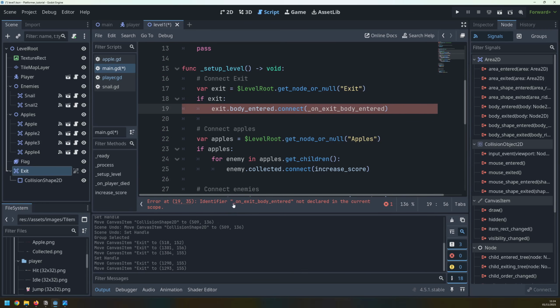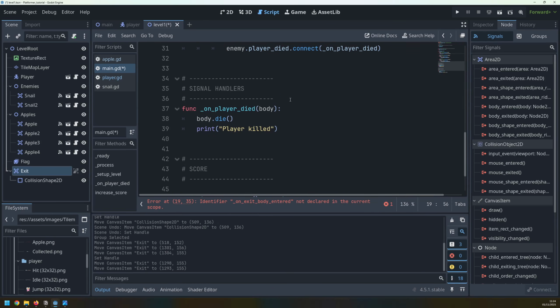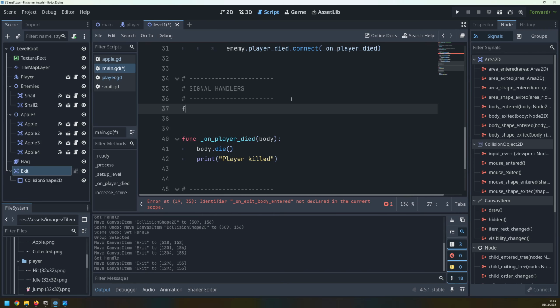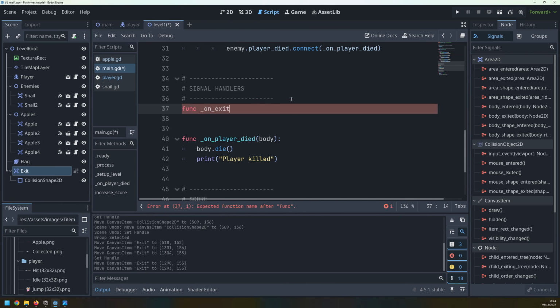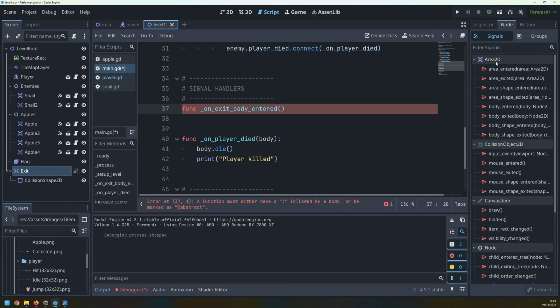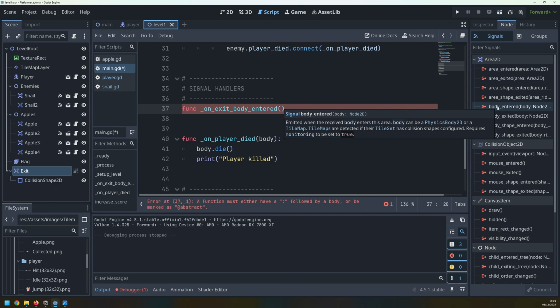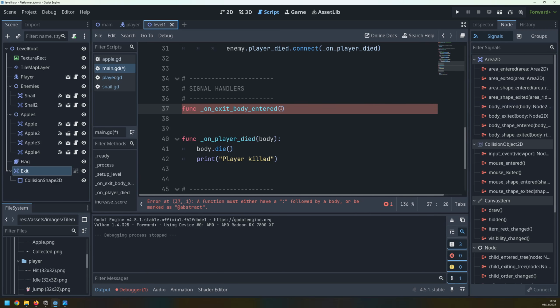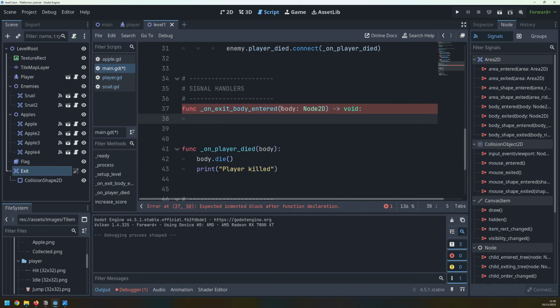This immediately gives me an error because there is no function called onExitBodyEntered. So I scroll down to where I have my signal handlers, and I'm going to create a second one, which is that function. It's going to be onExitBodyEntered. Inside this function, I need to pass an argument. So if I go back and select this exit node and hover over body entered, you'll see that inside the brackets, it says body node2D. So when this signal is emitted, it also sends the name of the body that has collided with it. That means that we need to receive it here by saying body is a node2D type. The function doesn't return anything, so we just say void at the end,